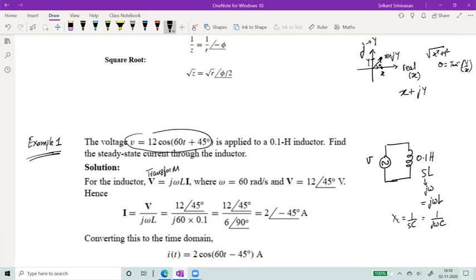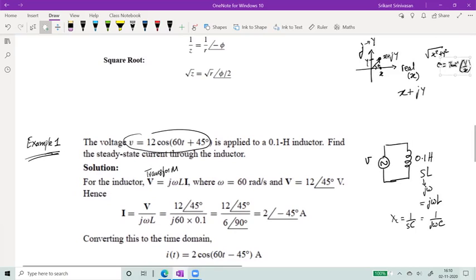Okay. So remember that any complex number in the complex plane can be written as some real value plus j times some imaginary part. So that's like your x and y axes. And then if I draw a vector to that, that's called the phasor. The magnitude of the phasor is root of x square plus y square. And the angle is tan inverse y by x, the angle made with the x axis or the real axis.